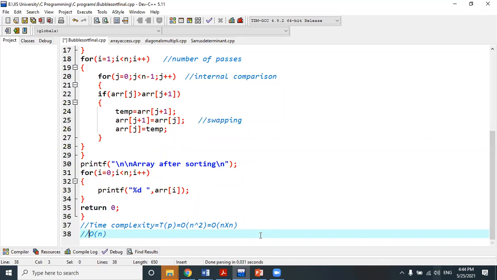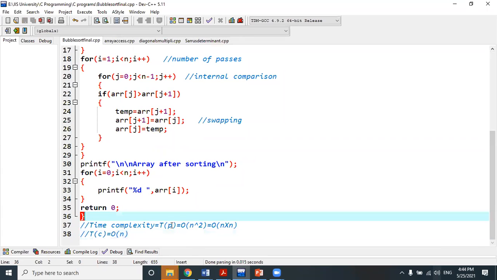How this big O of n is achieved, which code will reduce the bubble sort time from n squared to big O of n, that I leave to you. You just search, apply, and try to give me the logic of how that code has been reduced, so that the time complexity can be reduced.